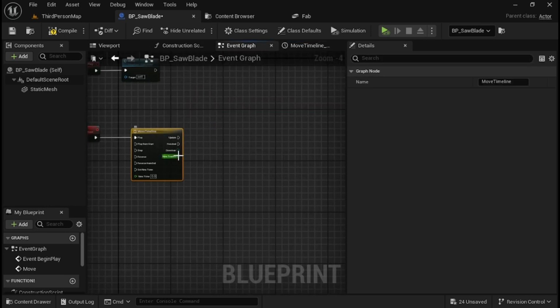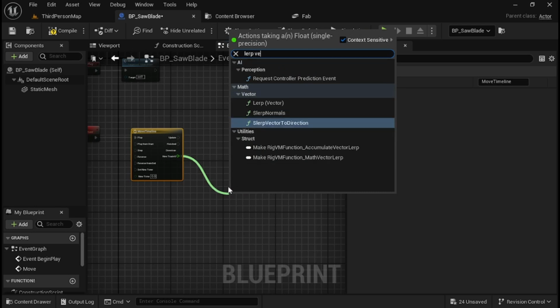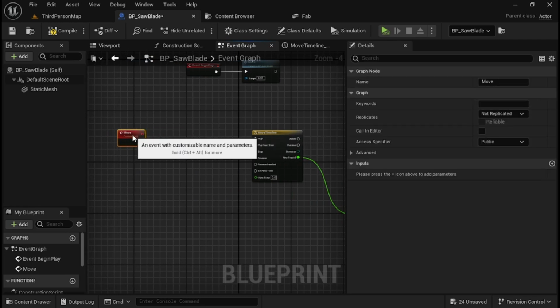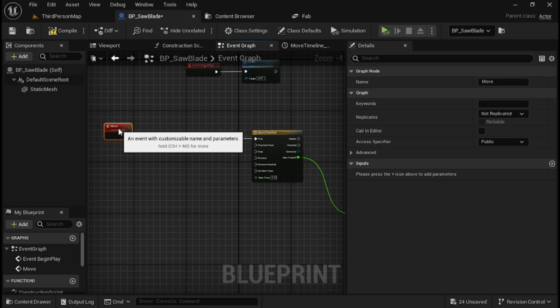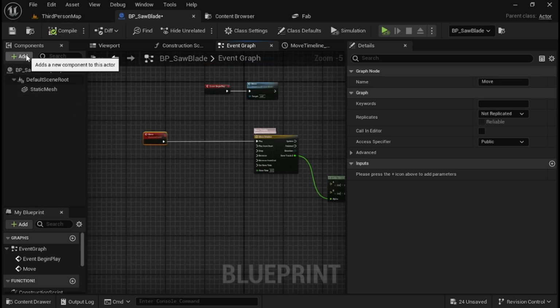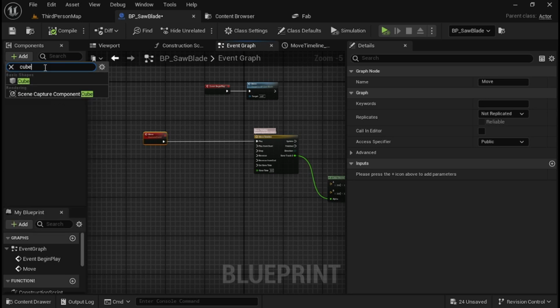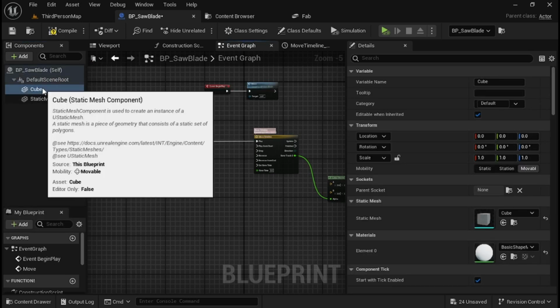So we're going to get this timeline, and from here we're going to lerp vector, just like that. And that's going to go to the alpha. But first we need to get the starting location of our blade. So we are going to add a cube to this,